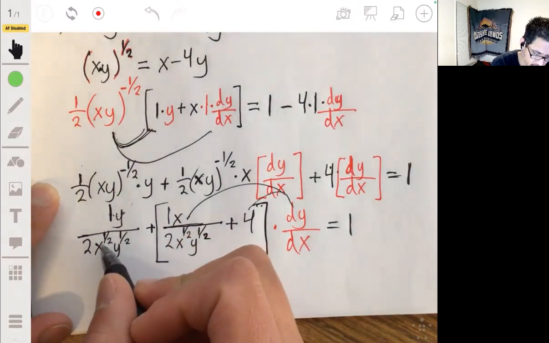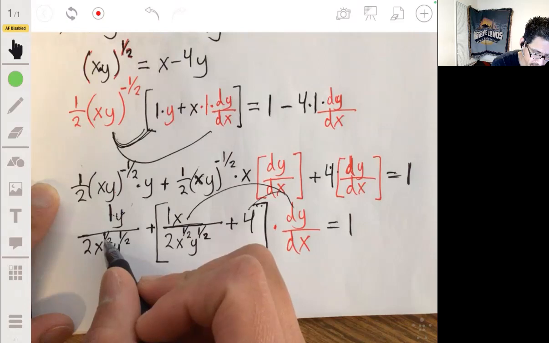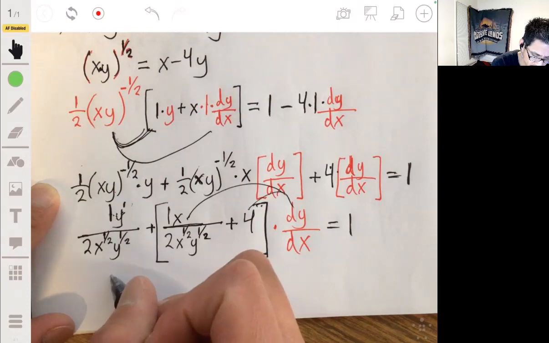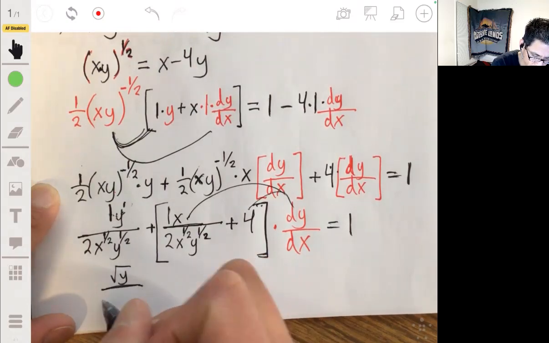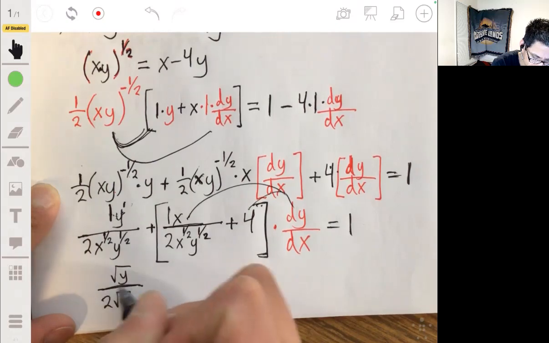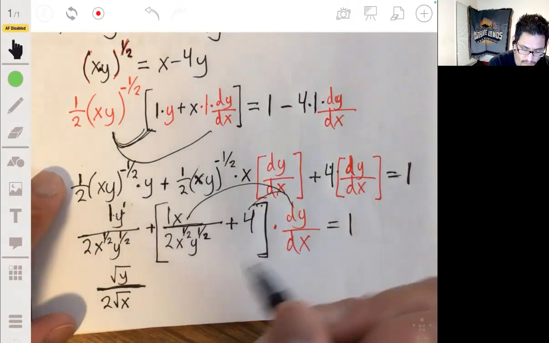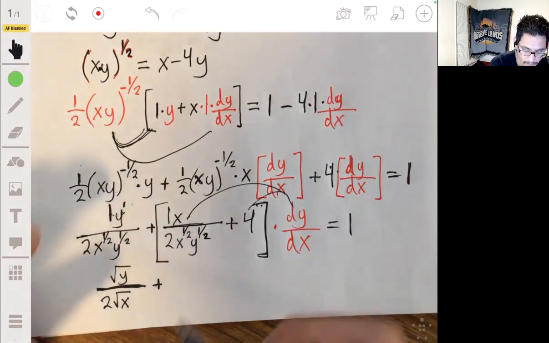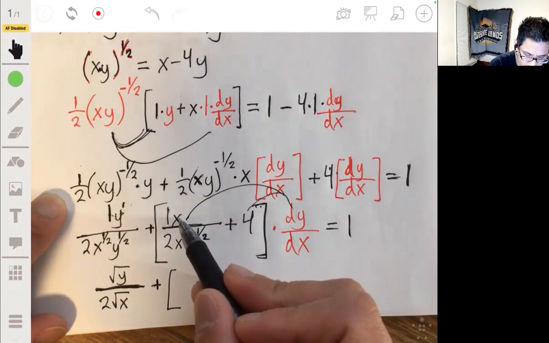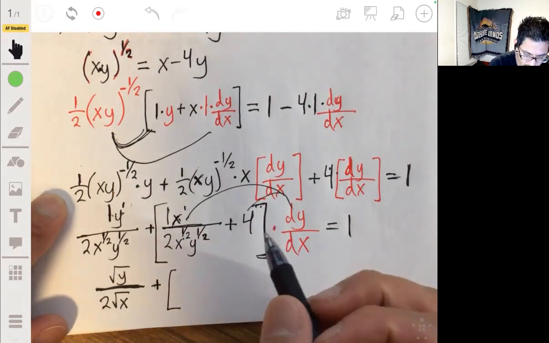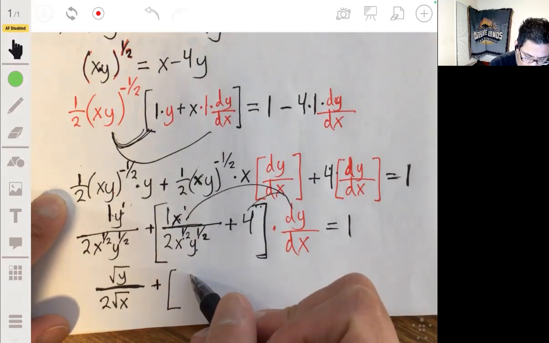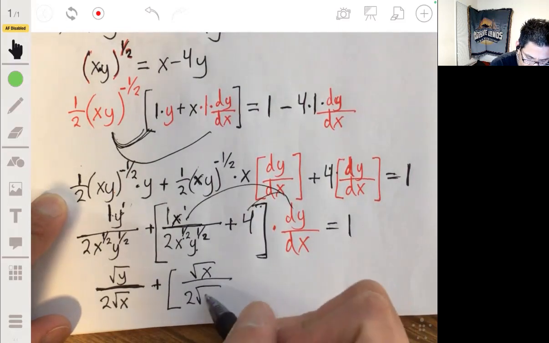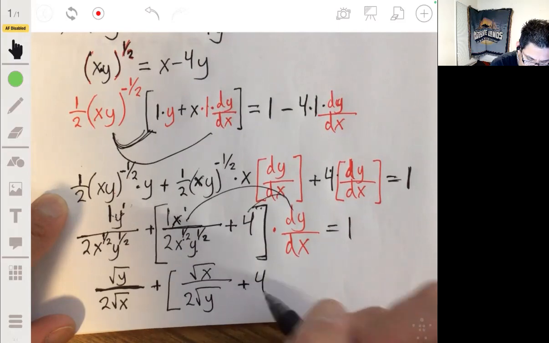So I probably should have written it like this in the beginning, but I like having powers. Anyways, so y to the 1 over y to the 1/2 is just y to the 1/2. So we just have the square root of y there over 2 times the square root of x plus, this simplifies x to the 1 over x to the 1/2, y to the 1/2. So over the square root of x over 2 times the square root of y plus 4